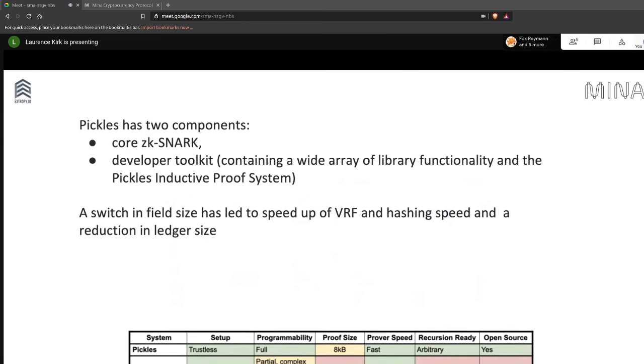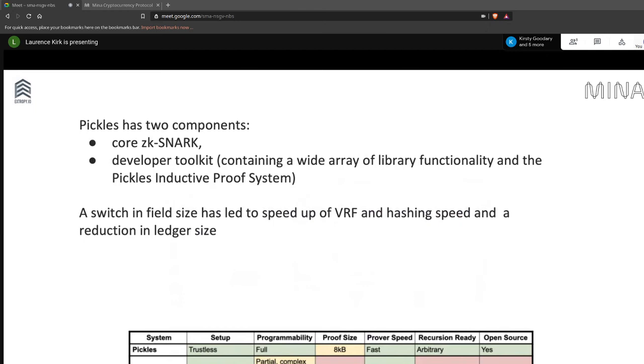And if we compare Pickles to some of the other zero knowledge proofs, if you look in that table, the different types of proofs are in the rows. So the first one in the row beneath Pickles, that is the common Stark. So it's the same as Pickles, it is trustless. Halo was produced, I think, by the Zcash team, and Pickles, I think, took a lot of technology from that team and from Halo, also trustless.